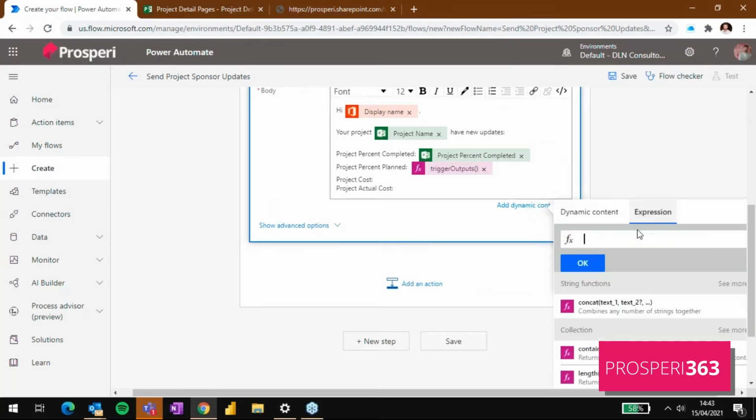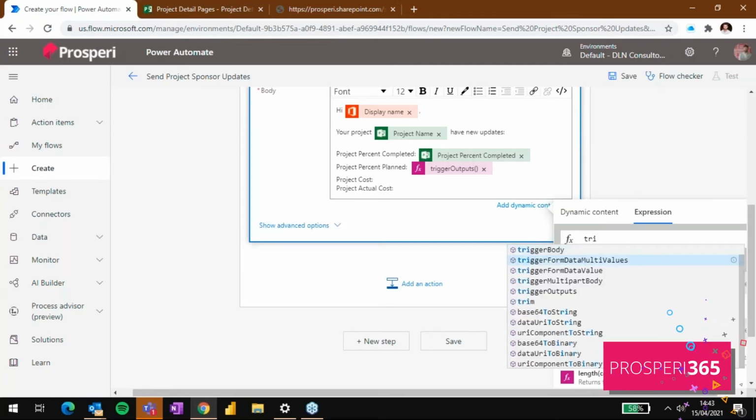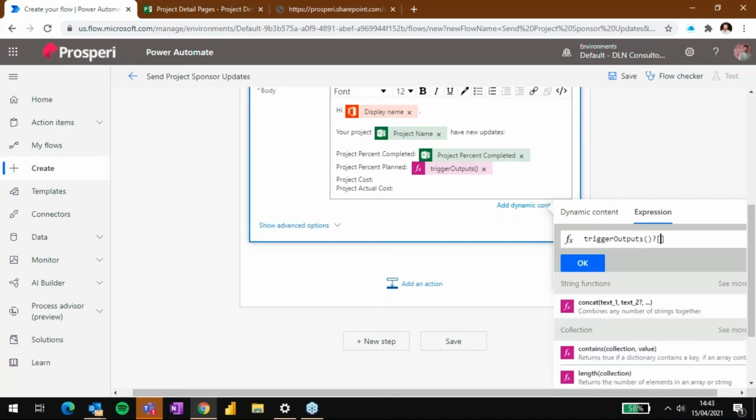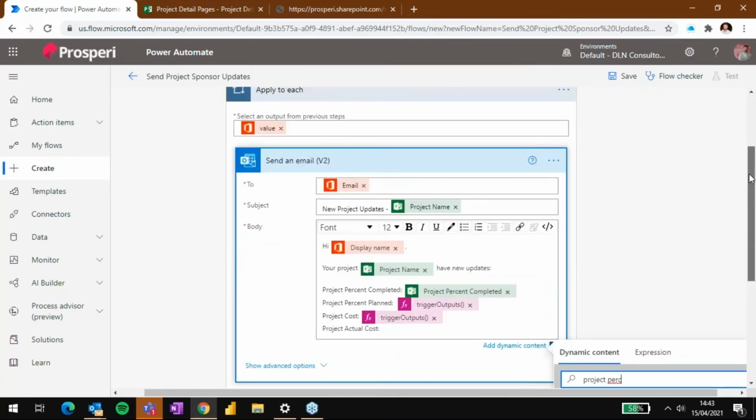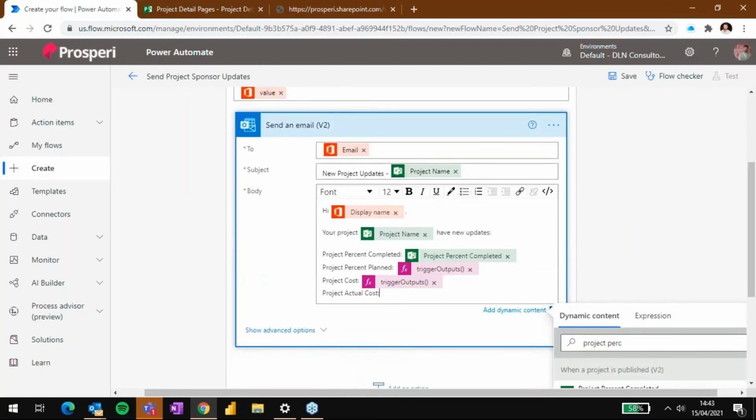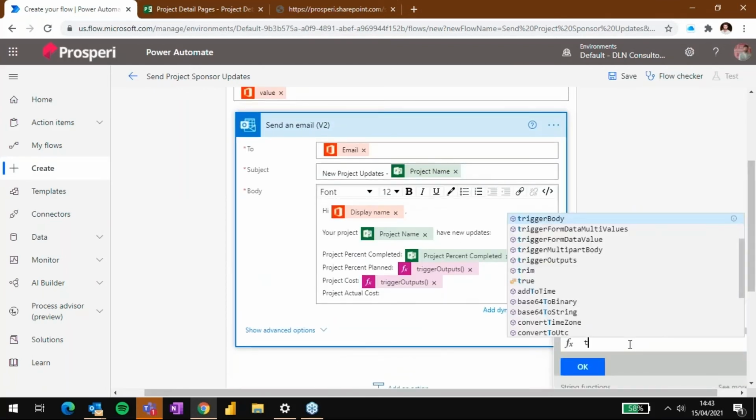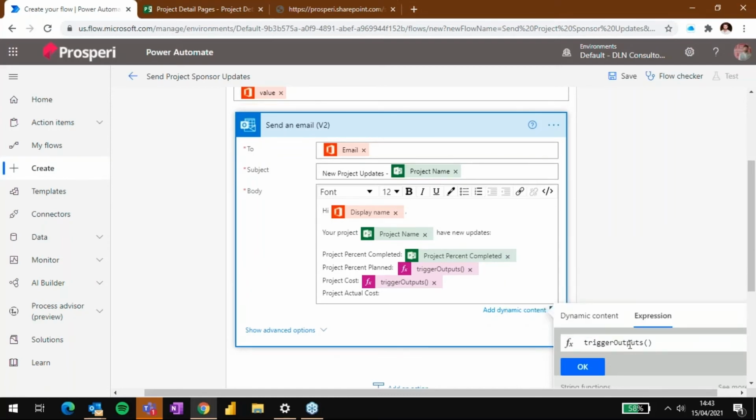Project cost, the same: trigger outputs, body, project cost. And the last one, expression, trigger outputs, body, project actual cost. Okay,